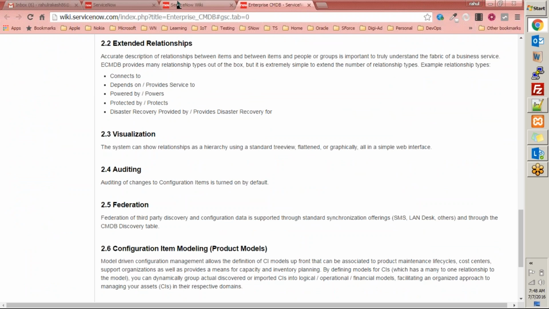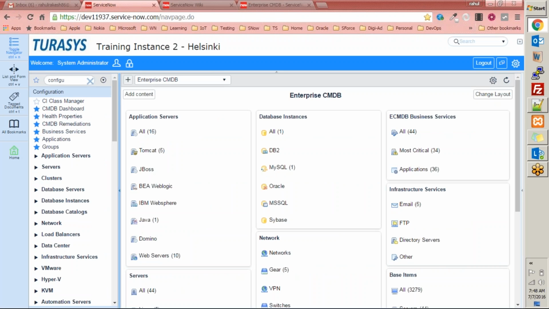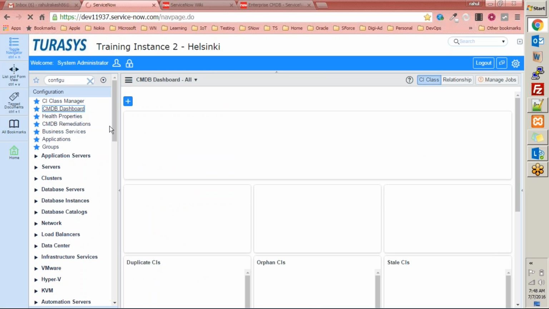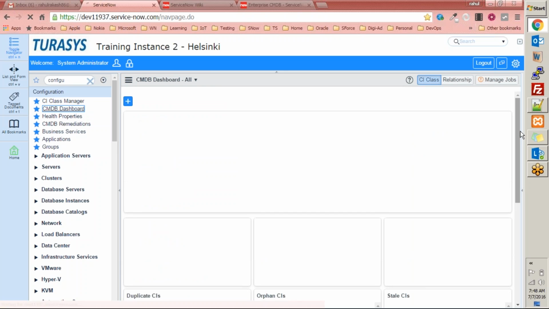Let's look into the configuration management application here. When you type in configuration, you will see the configuration application. You can go to CI class manager. Let's begin with the CMDB dashboard first. When you go to the CMDB dashboard, you will see a